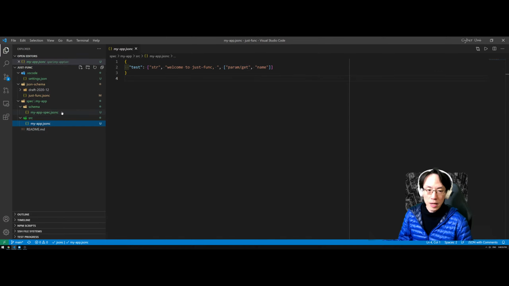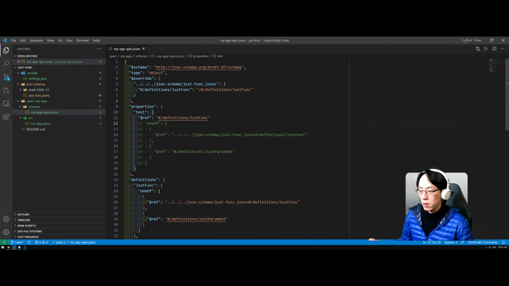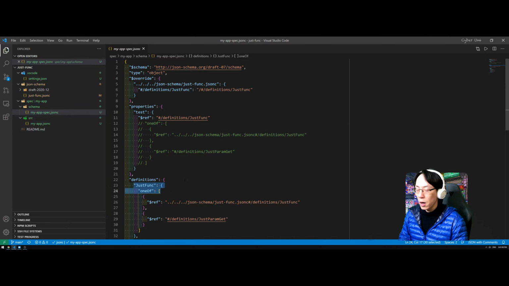So this is the first attempt, and it's a workaround by just copying the definition of just-func into this specification, so that